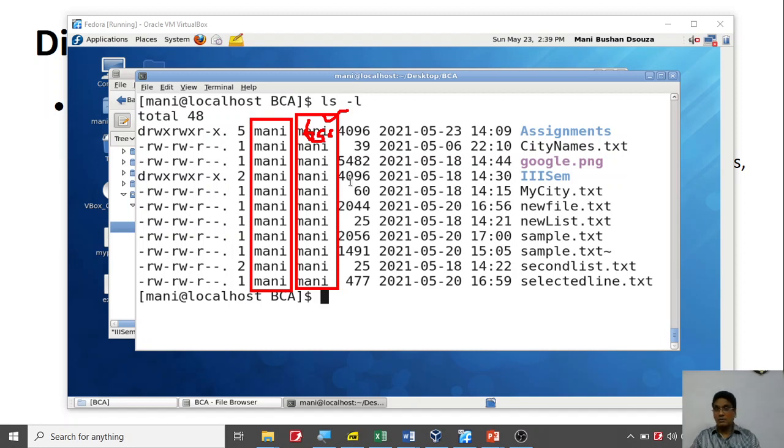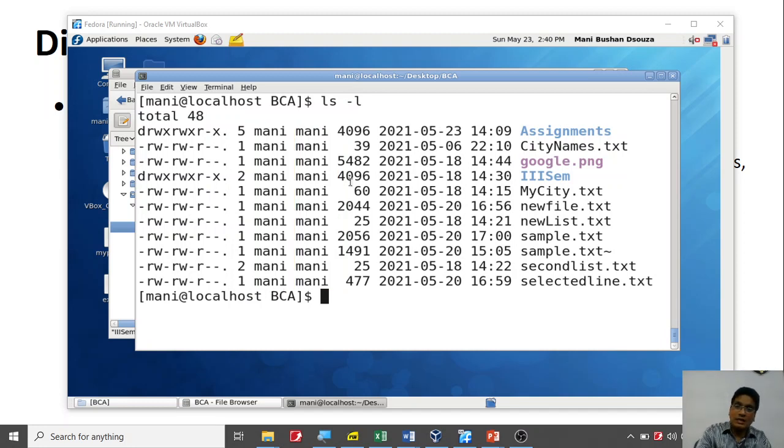Like that. Now because it is my home computer, I can't say BSc, BA, BCom and other things. I am going to create a group with my same name. I can change it, I can always create a new name, but generally I am going to use it because it's my personal PC. Then you have the size which is being shown. Now this size is in terms of blocks, not in the human readable form.